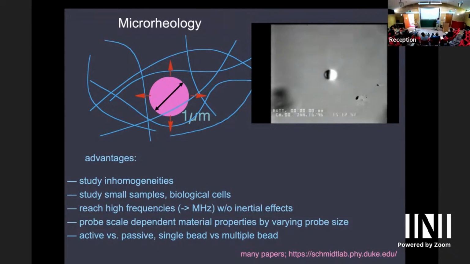But you can also do that in an active way. There's an optical trap that you don't see. So there's an infrared laser focus on that bead. And if you just use low power and monitor the fluctuations, we do what's called passive microrheology. But if you turn up the power and pull on that particle with the optical trap, we can do active microrheology. We can do that in a frequency dependent way by oscillating the position of the optical trap with an acousto-optic deflector, which you can do up to 100 kilohertz or so easily. So the advantage